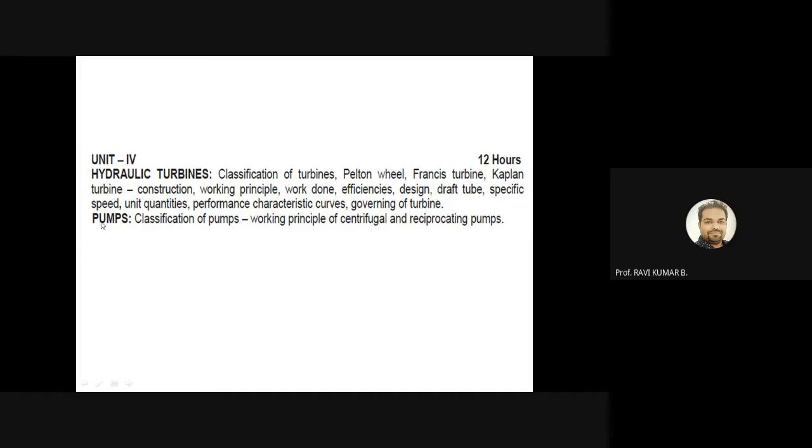The second segment will be just an introduction about the pumps. So this is not a compressor basically. We will be introducing the pumps, the working principle of centrifugal and reciprocating types of pumps, because we are using pumps in this kind of hydropower plant to send the water back to the reservoir. In some cases, if you are simply attaching to the river, then there is no need of a pump. But usually in a closed capacity, if you are generating power, then you require a pump to send the water back again to the reservoir.